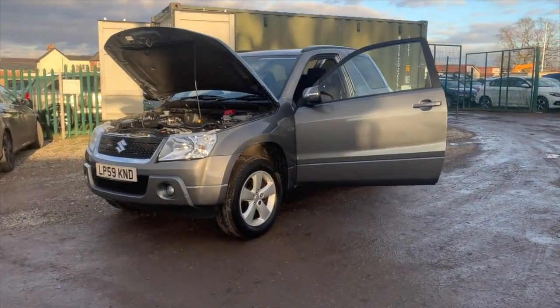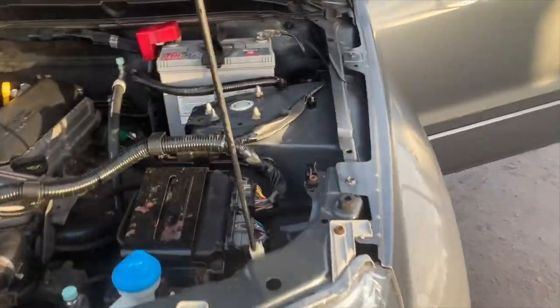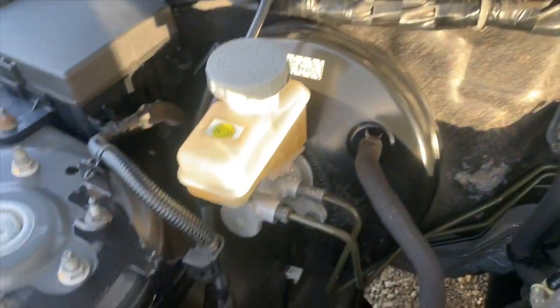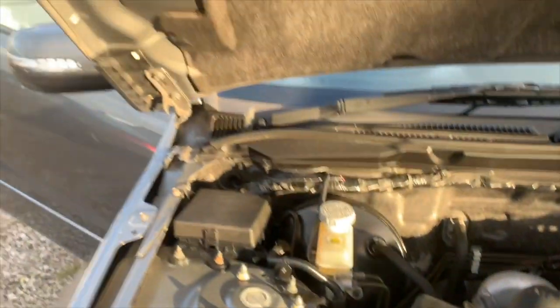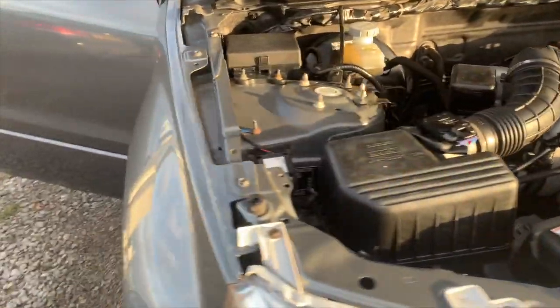Hi, it's Phil again. Back now. So what I'm going to do first is take you inside the car and start with the engine bay. What we'll do is have a good look round with this. How clean and lovely is this? All present and correct. Great engine these as well, absolutely super engine. So as I said, it's a 2010,